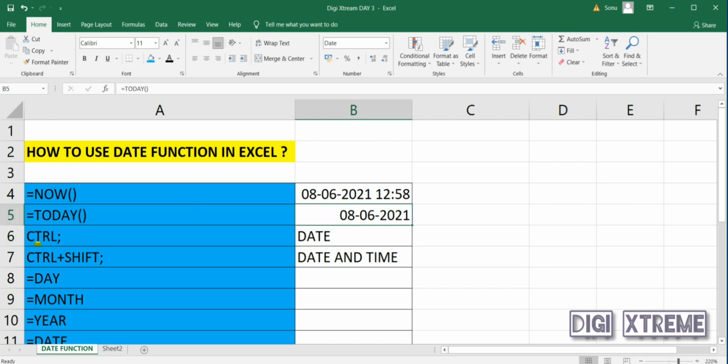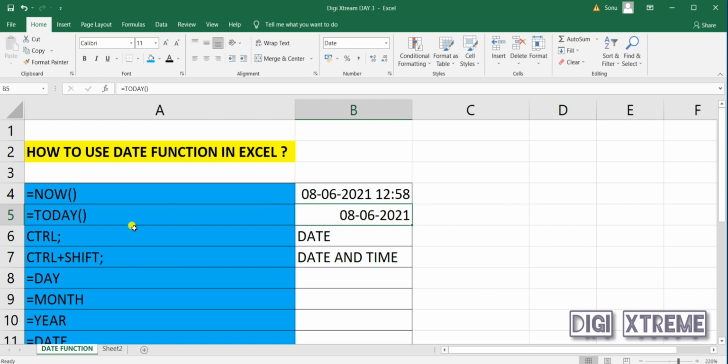By using the formula TODAY, we have got date only. So now you understood the difference between NOW and TODAY. If you use NOW, then it will reflect date and time both. If we use TODAY, then it will only reflect the date.